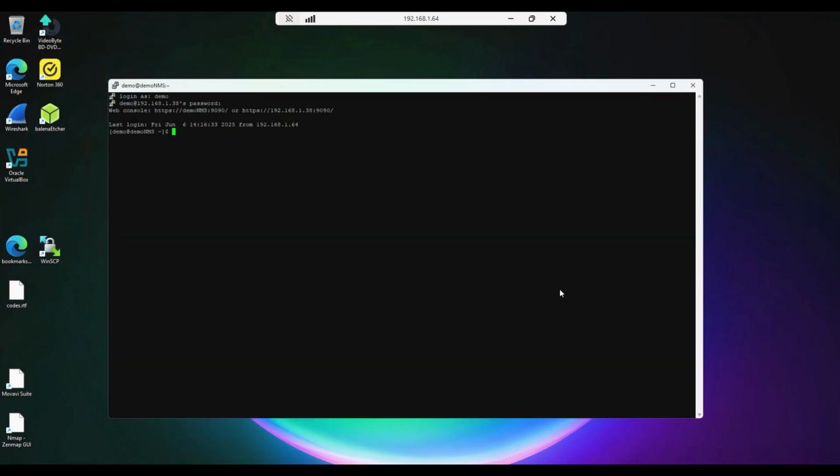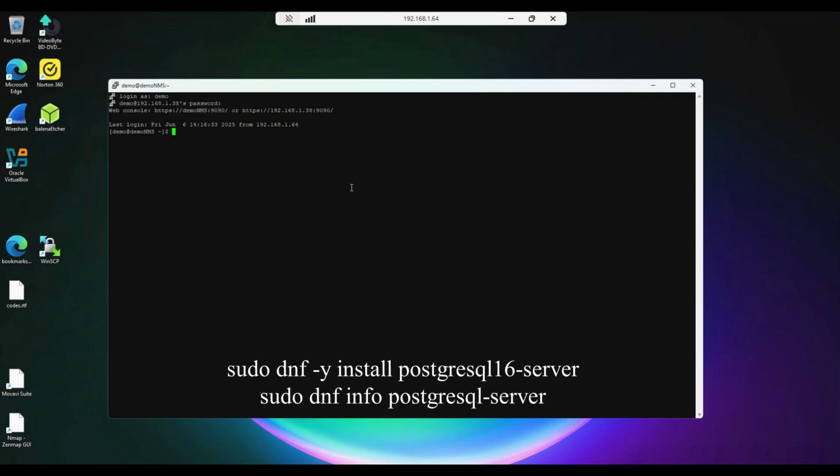Okay, we're back online, so our next step will be to install our database server. This will be a PostgreSQL server, and looks like 16 is the latest version. I believe for this it's 16.9. So let's go ahead and install the packages for our PostgreSQL server. So we'll do a sudo dnf -y install postgresql16-server, and we will hit enter. Type in our password